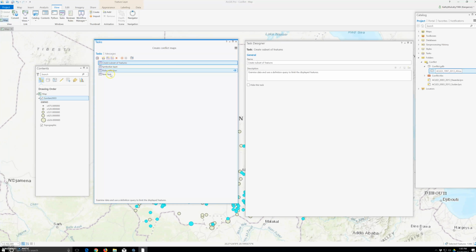So look. Alright, so now when we have the task designer open, we can reorder tasks by clicking and dragging in the task pane. Right now we do not have to do that. We could, but it's not necessary. And in the task designer, we're going to